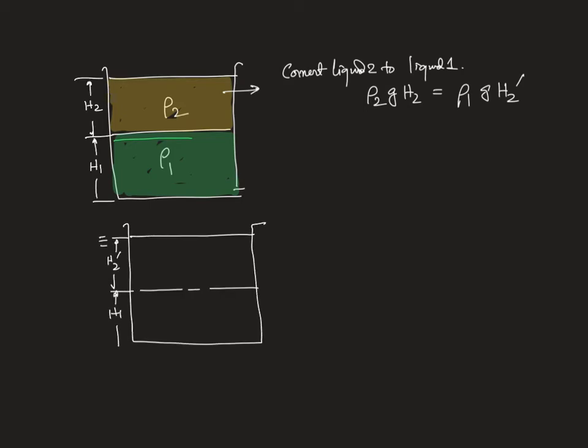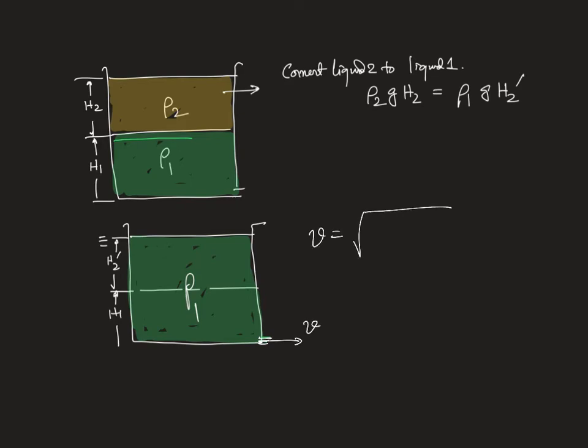So make the total liquid as the liquid of density rho 1. That also could have been done. So there it is, orifice here. So this total liquid is having density rho 1 and height, then this V, you could have calculated